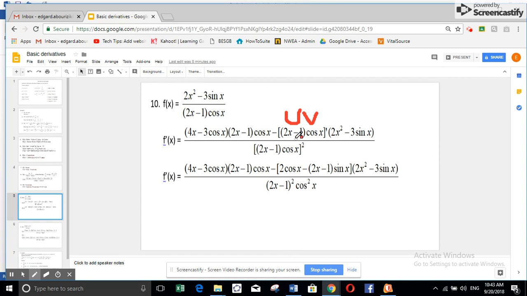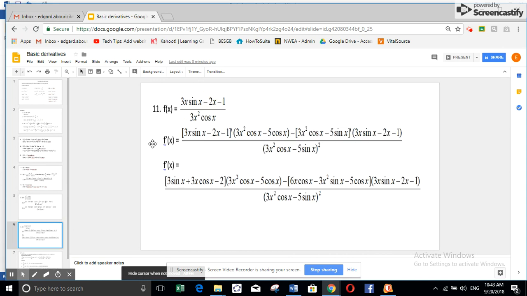So here it is u over v first. But when we do u prime v minus v prime u over v square, I have here u times v. So I do the property. So that's why I must ask myself always of which form. If I take number 11, this is u over v. U prime v, I'm doing it step by step, minus v prime u over v square. So here in the first one, this is u times v, because here I have a prime. So as I ask myself of which form, u times v, u prime 3 times sine x plus 3x as it is,